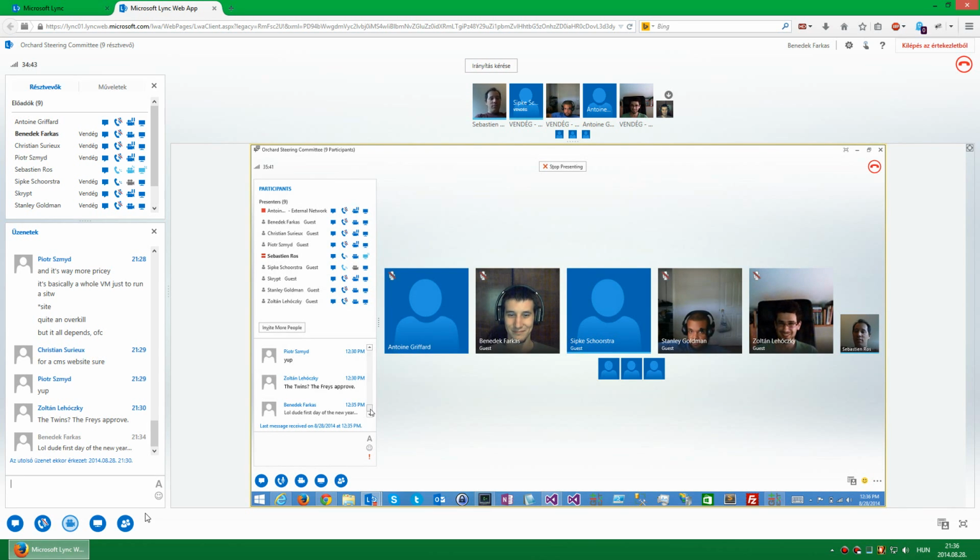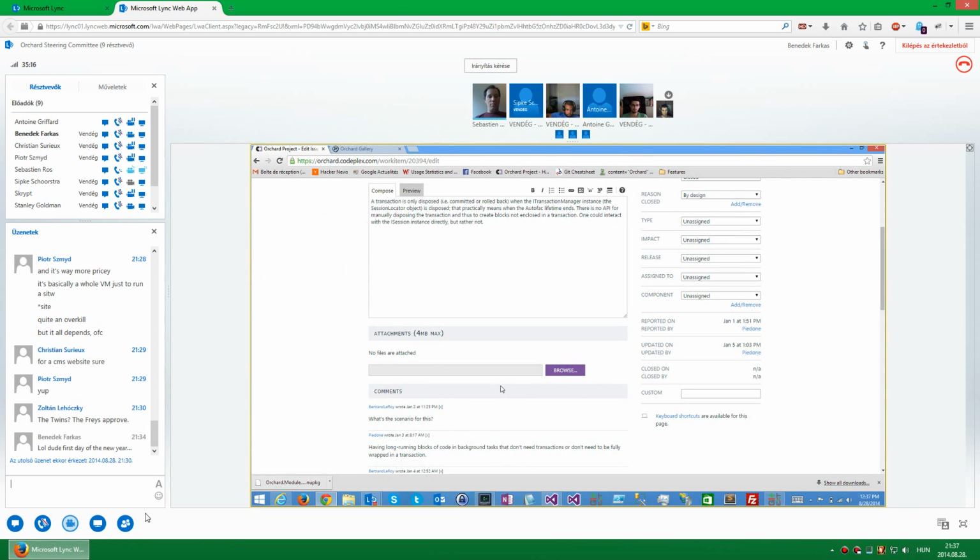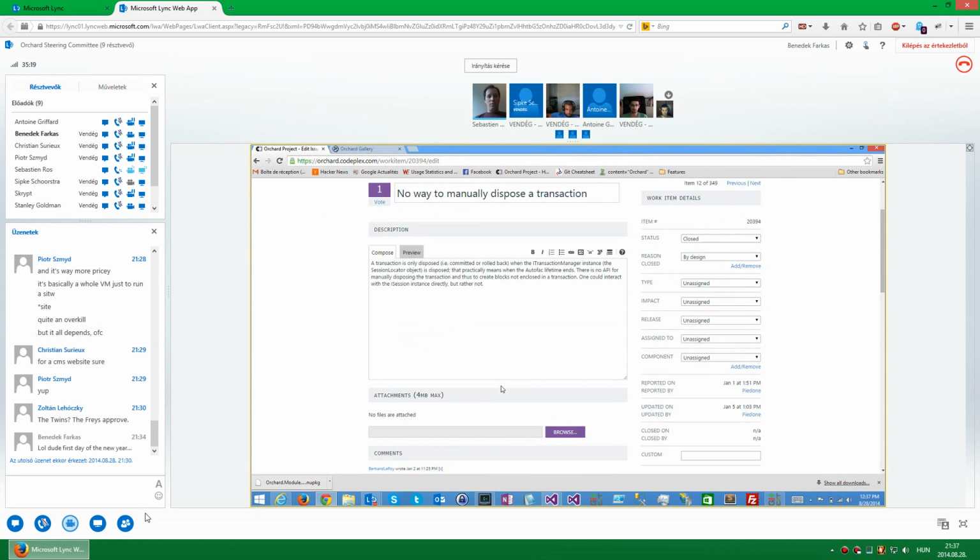So what did you say? I just said that if what you have said is true, you can't get any locks on the DB with a simple RequiresNew, then nothing is needed. If you start a request and say new transaction in Hibernate, as long as you are not touching the DB, there won't be any communication with SQL. So you are not locking anything on the database. Cool then. Okay. So I can close it? Yeah, go ahead, please. Thank you.